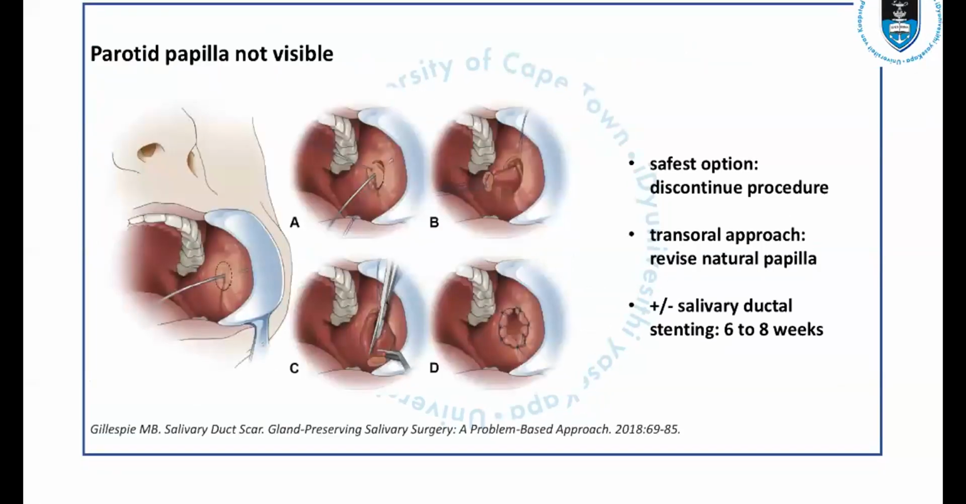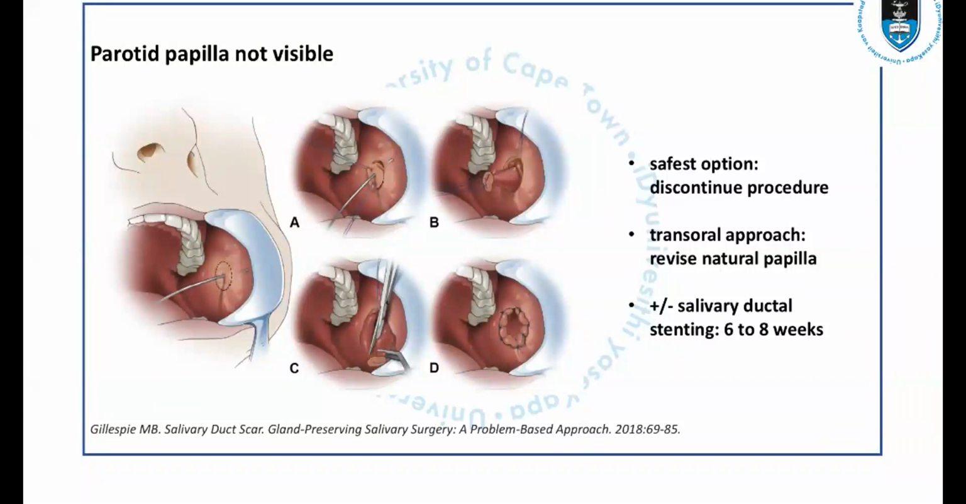If the parotid papilla cannot be identified even after a methylene blue test, the safest option is to discontinue the procedure. However, in the presence of a ductal stenosis at the papilla, if it has been established from a preoperative evaluation, Gillespie has described a transoral approach to revise the natural papilla